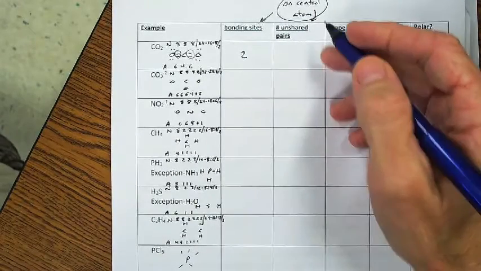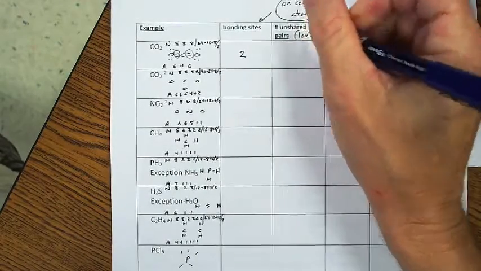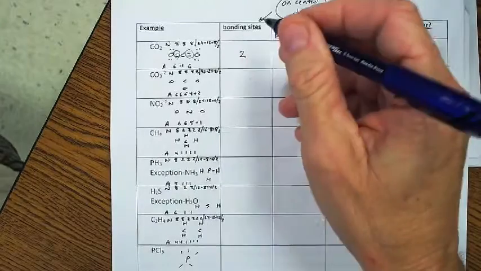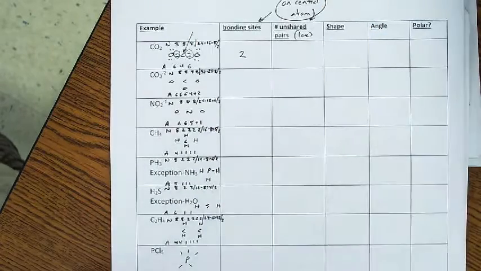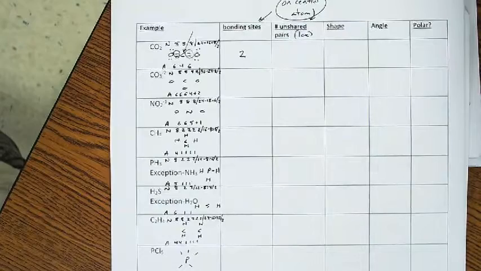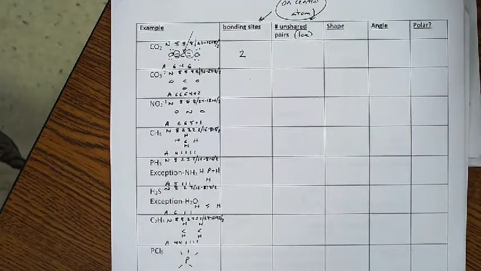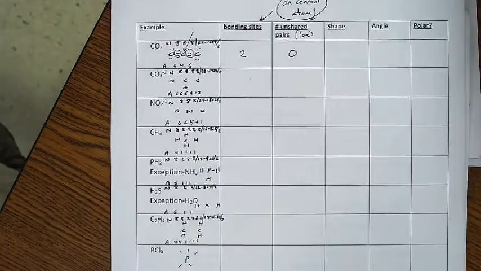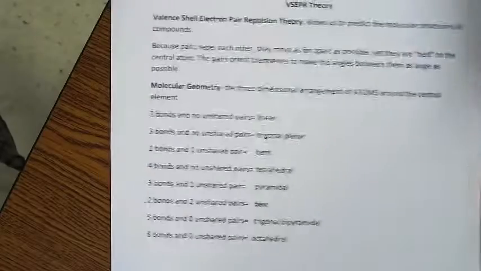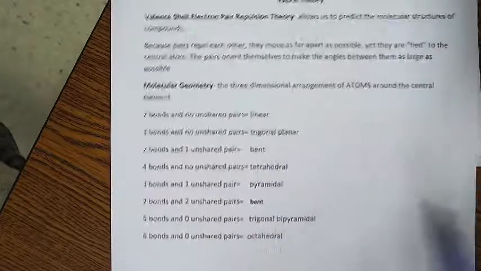Unshared pairs, again, or lone pairs, same thing. We're only, again, talking about what's on the central atom. So that's what we're looking at there, the carbon, because what's on the central atom will determine the geometry of that molecule. There are no lone pairs. There are no dots on carbon. So there's 2 bonds and no unshared pairs. You can go back here and see that 2 bonds and no unshared pairs makes a linear